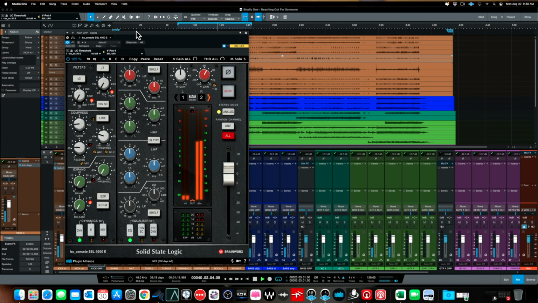So let's do that with the kick drum here. Let's get some compression. And we can level match the plugin as well.